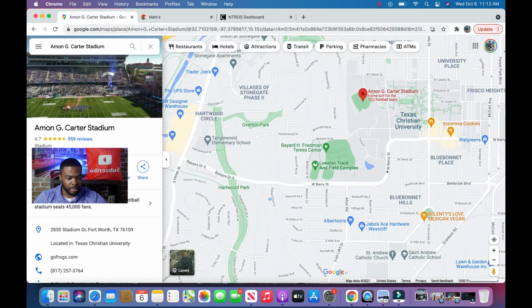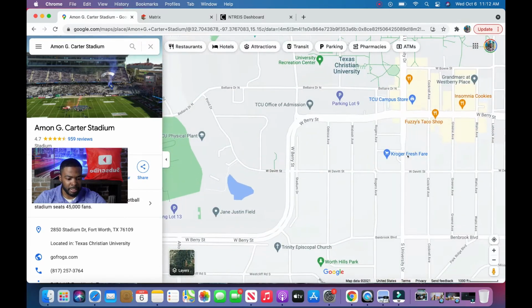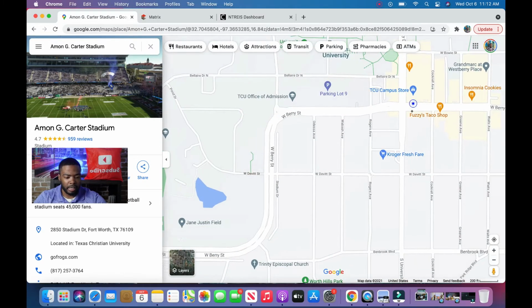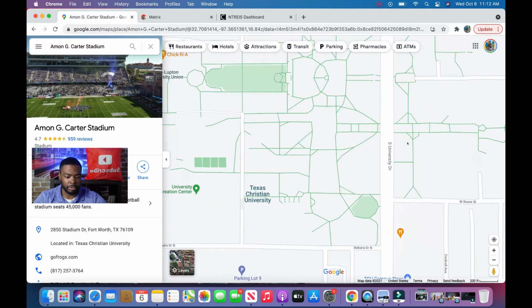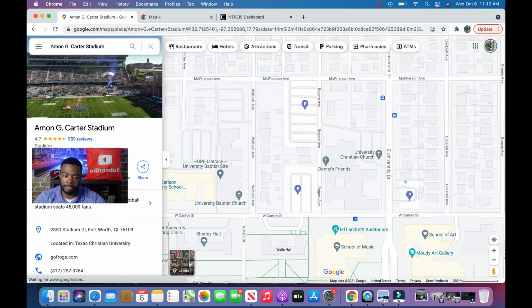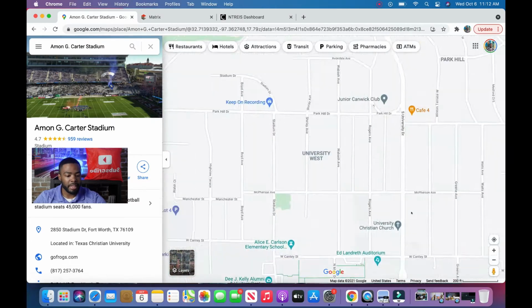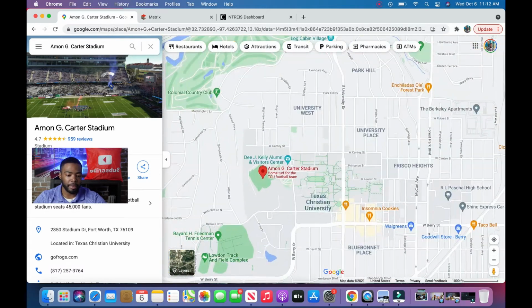Everything is pretty much on University. You have the zoo on University. You have the botanical gardens on University. A lot of food, a lot of shops on University, and some great houses on University. They are a little bit more expensive, but for the convenience, especially where it's near, you definitely get your bang for your buck. So this is